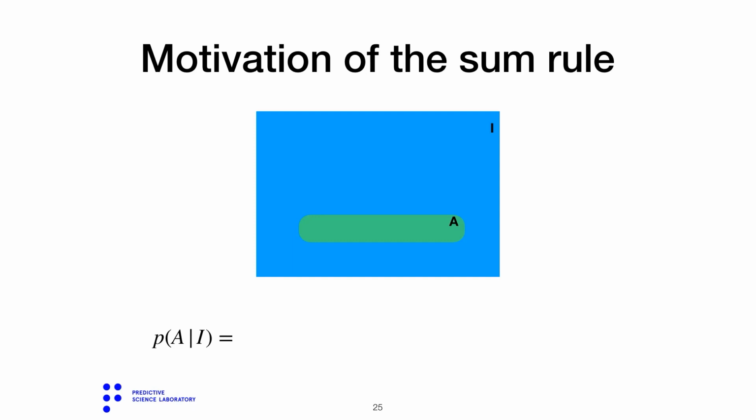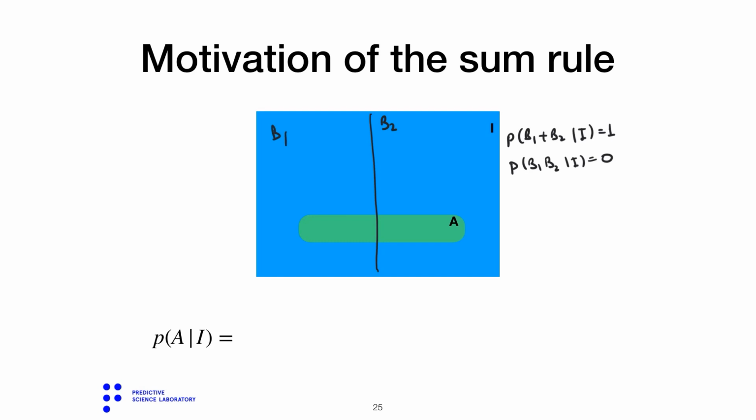And now take two logical sentences, B1 and B2, which have the following properties. First of all, one of them must be true. So the probability of B1 or B2 being true is 1. The second property is that only one of them can be true. So the probability of B1 and B2 being true at the same time is 0. The sum rule has two forms.